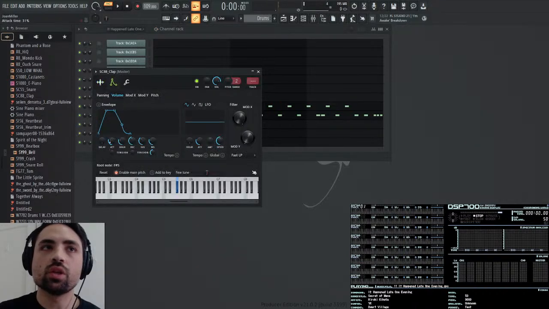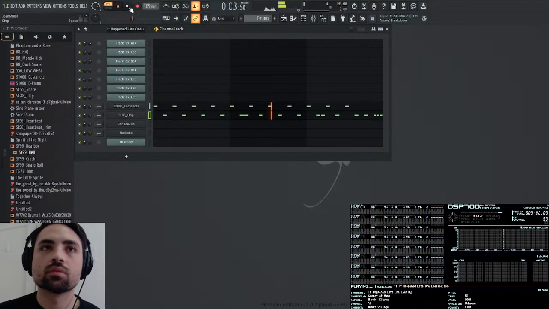The transient on the clap is also a bit sharper, so let me use the envelope decay to try to create that. Yes. Nice.